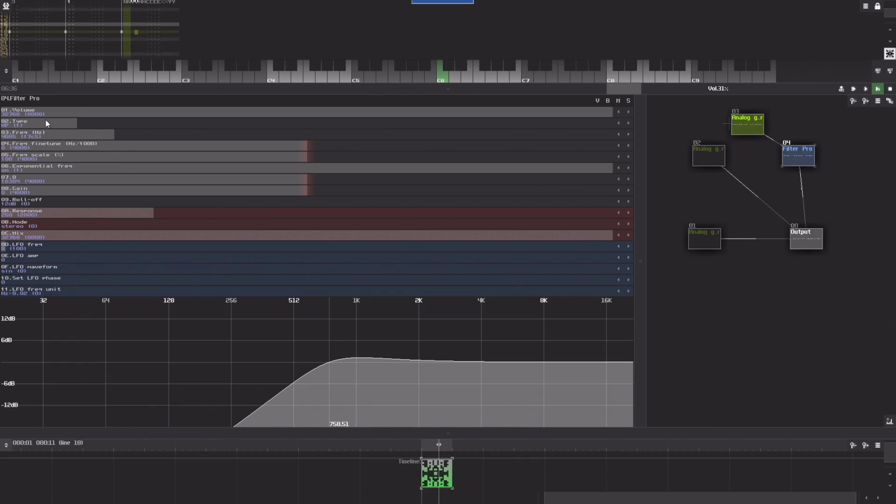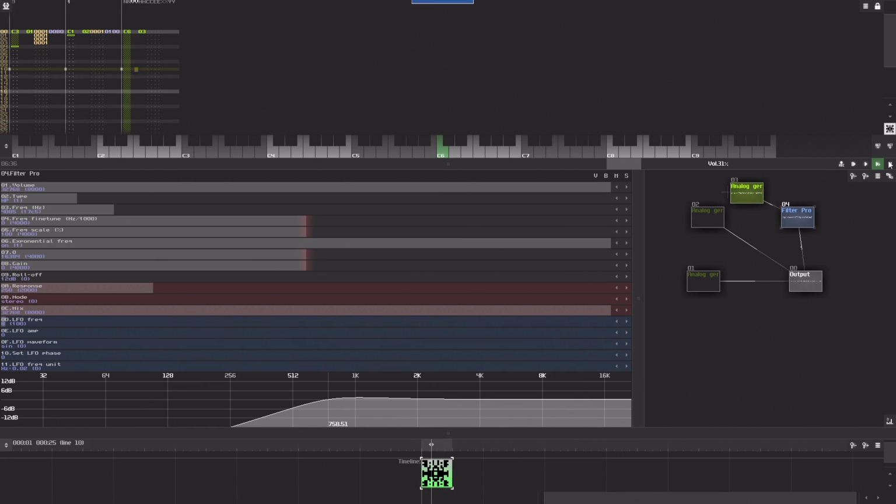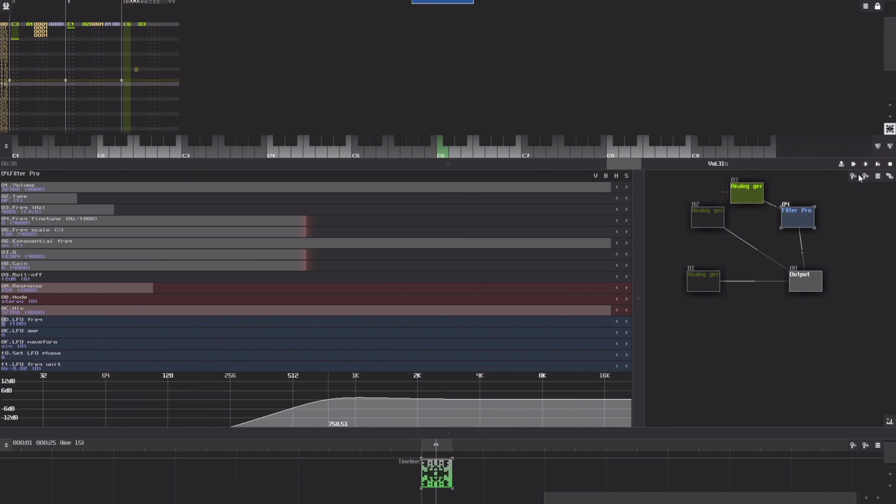So I'm using this Filter Pro to basically set up how I want this sound to be filtered. I'm using a high pass and I'm using exponential frequency. High pass because that way we cut out the lower end of the effect. But basically, when you have wind or something like that, it's going to be kind of like that bassless tonal effect. So actually